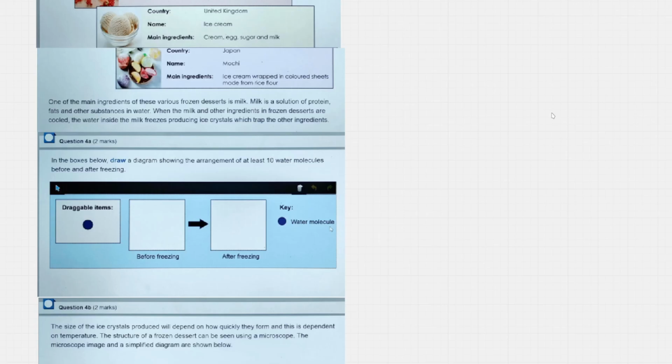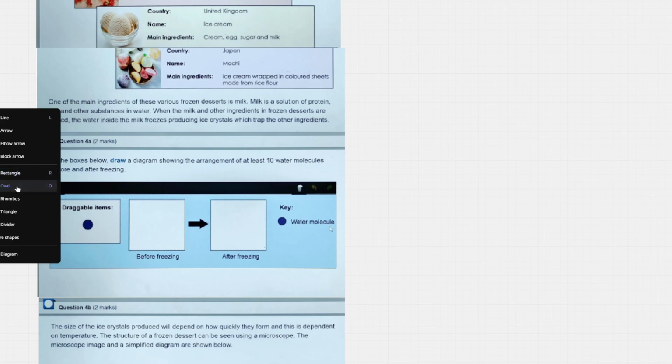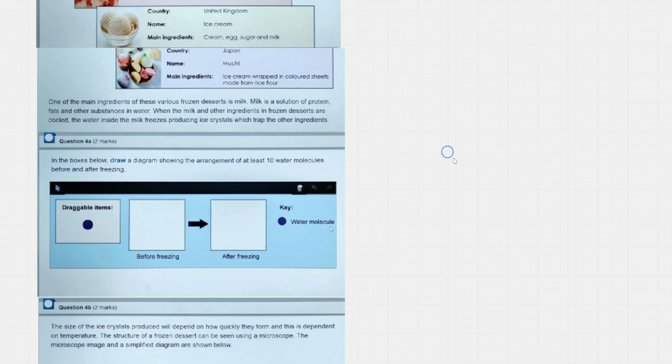Question 4. So we have to draw a diagram that shows the arrangement of at least 10 water molecules before and after freezing. In the IB assessment application, you will be able to drag and drop these circles pretty much. So basically, you have to draw before freezing is going to be disordered, and as you know, they would slide over